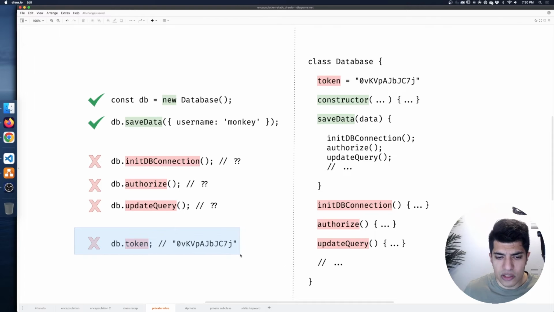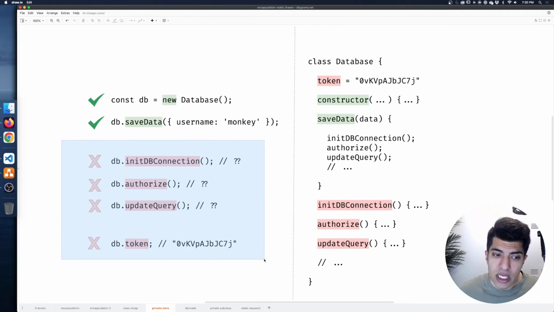And then what is this thing? I also get this db.token. I never put that in there. Where did you get this from? Can I change this? What happens if I change this token? Is it going to break? If I say db.token is equal to something else, is my whole database going to break? So hopefully you can see that we're actually exposing these methods and fields when we don't really intend